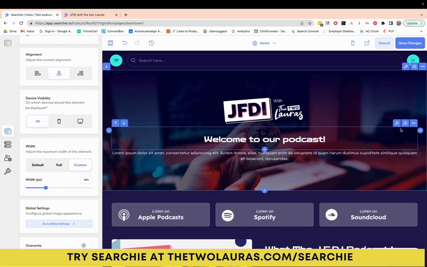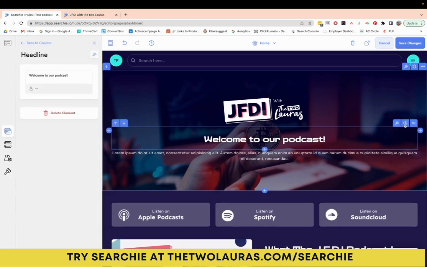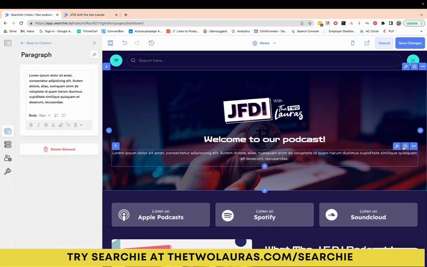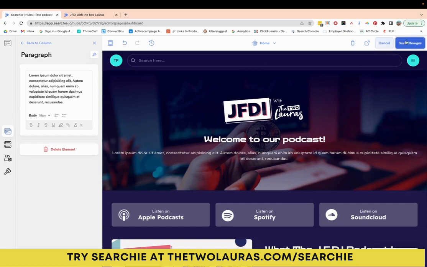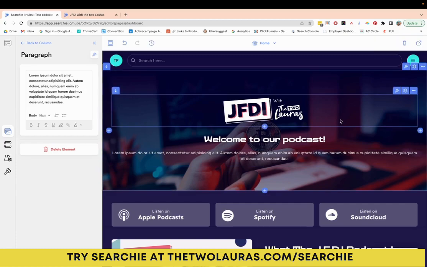You can change the text in here as well. Obviously, you can just overwrite this. You can just press the little settings cog and you can overwrite any of this text. And then that's your Searchie Hub ready to go. Now, this might not look like your branding, so you might want to change it, which is totally fine and